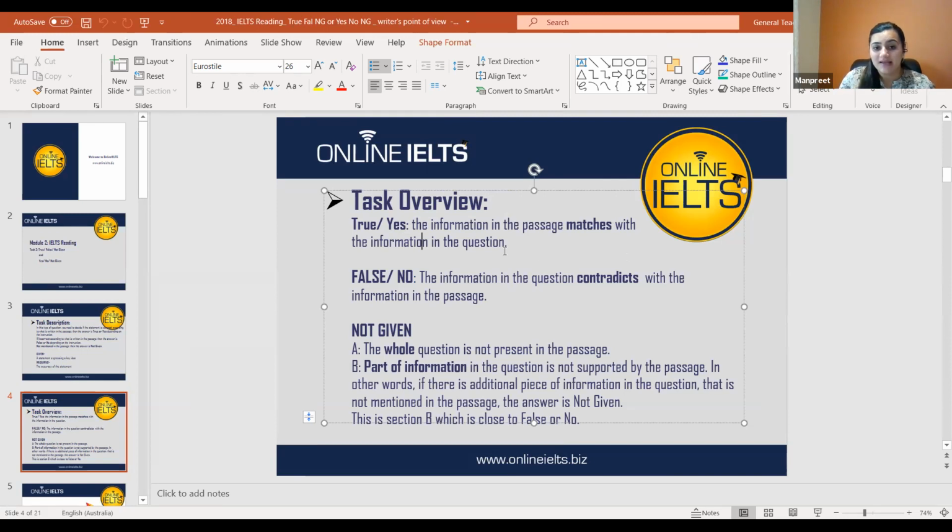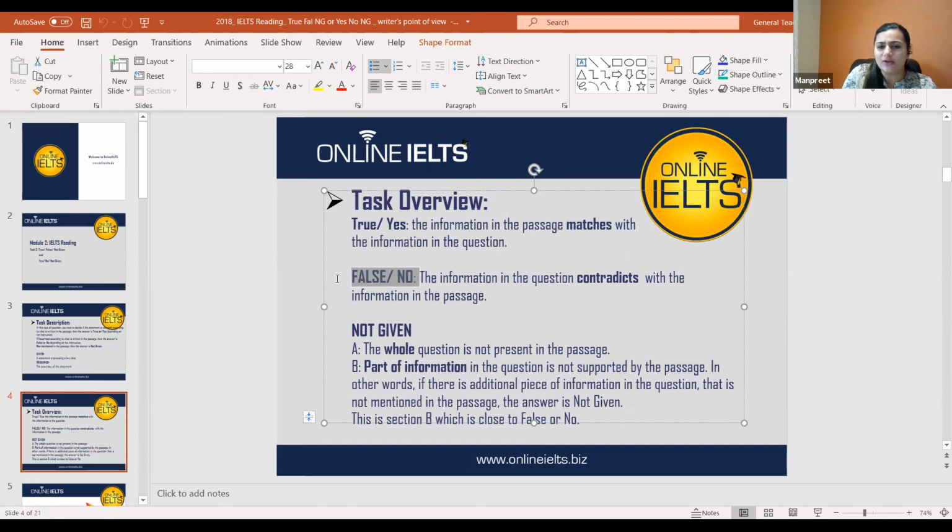So in this case, you don't have to match the words with the words. Always match the meaning with the meaning. If the meaning matches 100%, if it's saying exactly the same thing, the answer is true. But the answer would be false in case